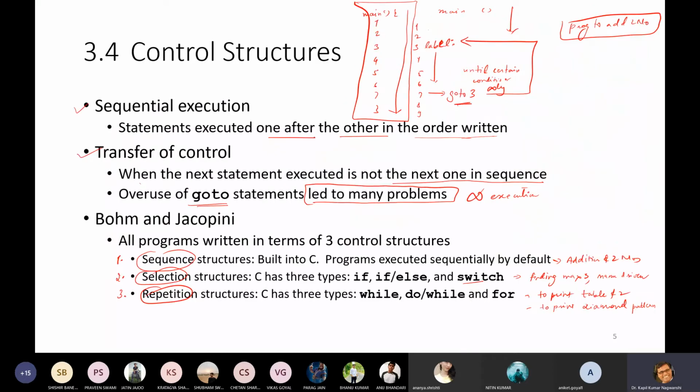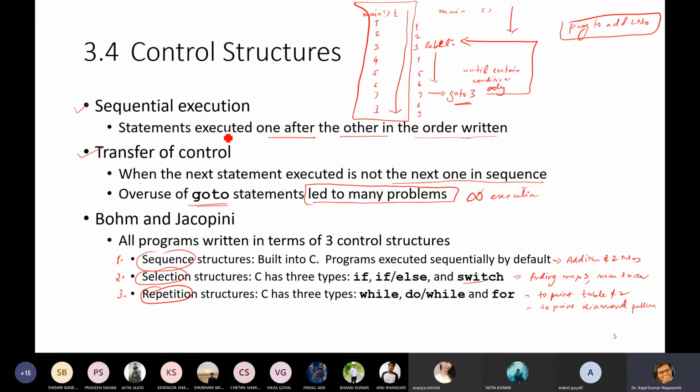Now there are varieties of control structures. So we must know that there are three in number: sequence, selection, and repetition. So let us discuss each of them. What is sequential execution? Sequential execution is execution where statements are executed one after the other in the program.